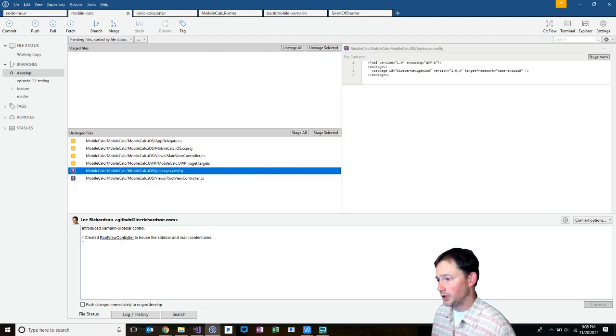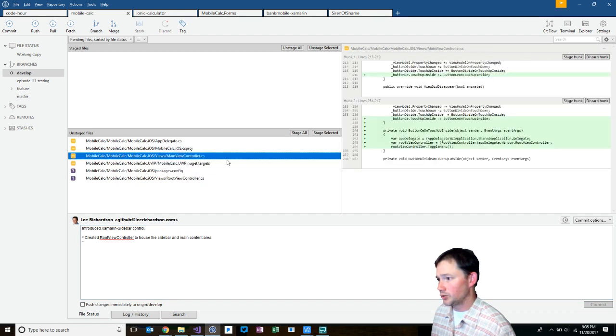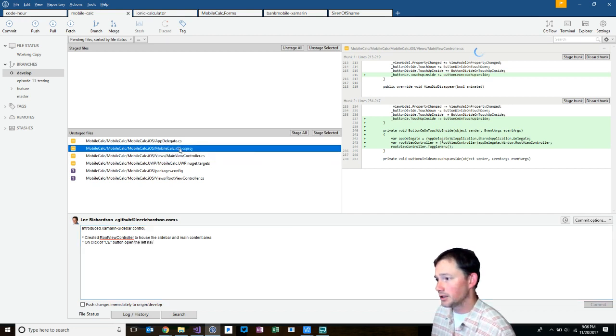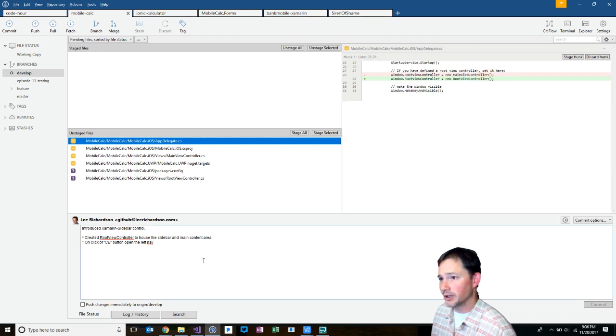And we made the main view controller, on click of the button, open the left nav, did that, and a very simple